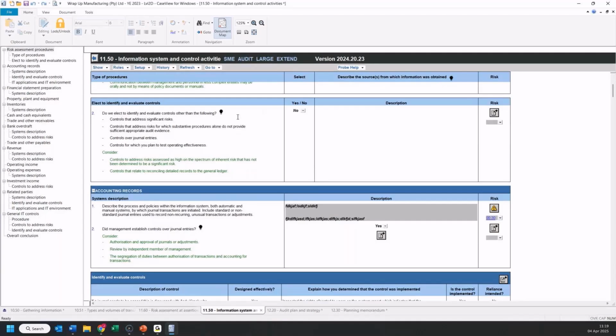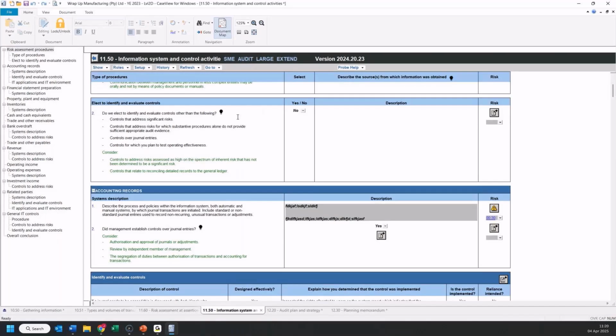So this tells us what is the bare minimum we have to do. We have to identify and evaluate controls that address significant risks. So we've got a significant risk for fraud. We have to go and identify and evaluate controls for those fraud risks for revenue. Or, and this was not the case for us,